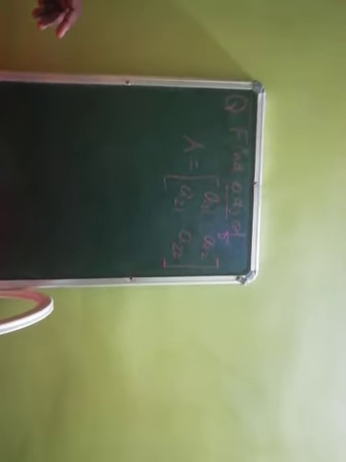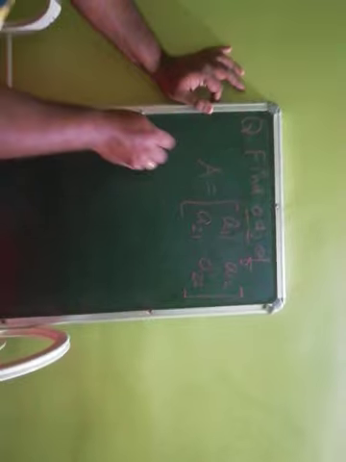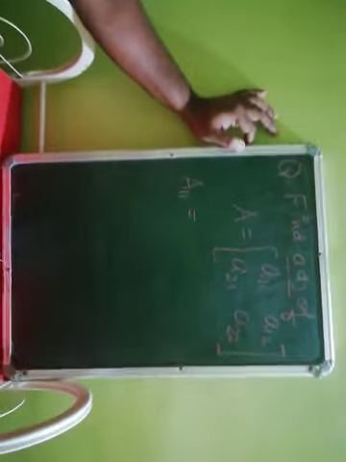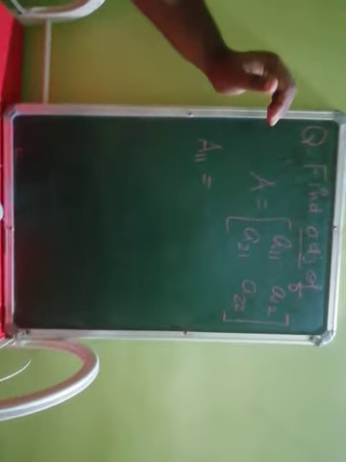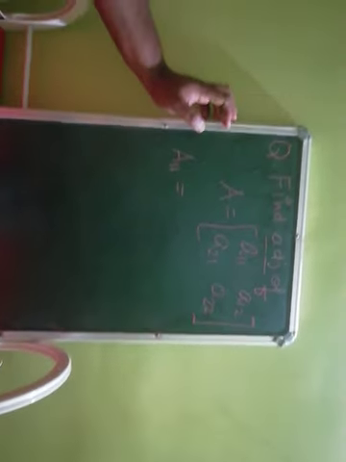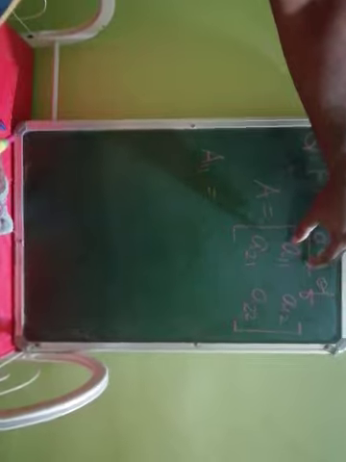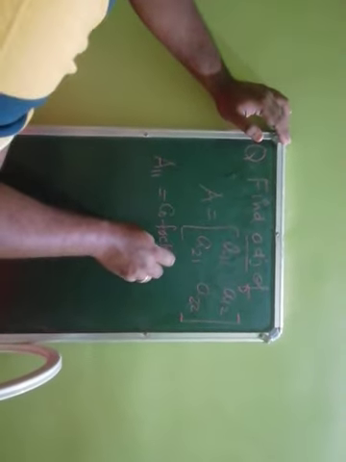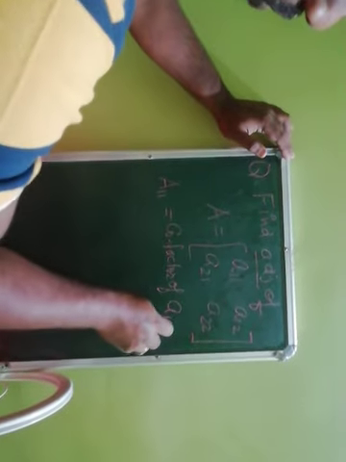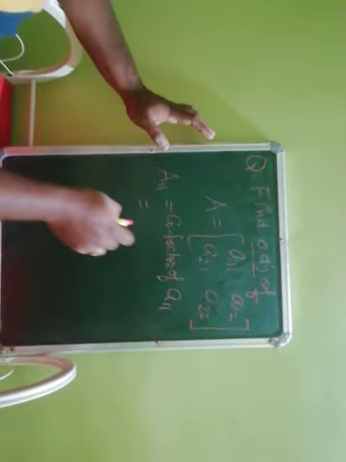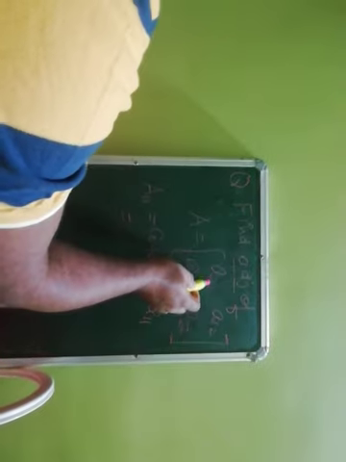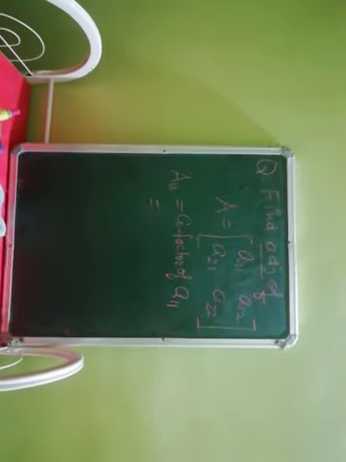So first of all, I have to find out capital A11. You can recall my previous concepts, the algorithm. First we have to find the cofactors. So capital A11 means the cofactor of A11. We first see the sign: we add these two, 1 plus 1 is 2, even, so the sign will be positive.